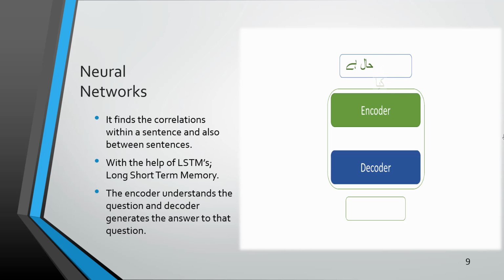It will take the input word by word, find out the context of the question being asked and which type of question is being asked, try to find out the meaning from that question, and generate a thought vector. As you can see, the thought vector is generated from the encoder. What this encoder will do is simply find out the meaning and the context of the question and generate a thought vector. The thought vector will contain the contextual meaning and a simple push start for the decoder's first LSTM unit,